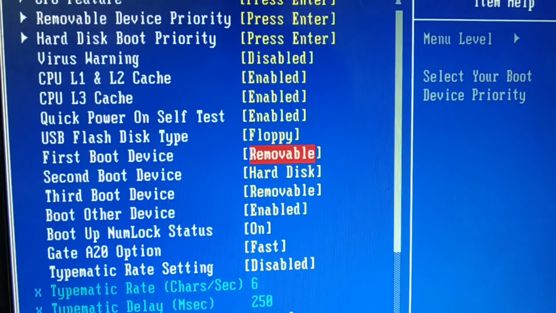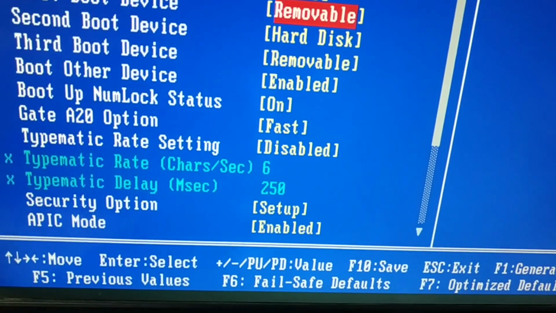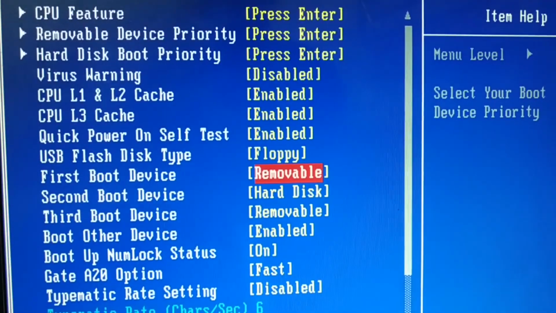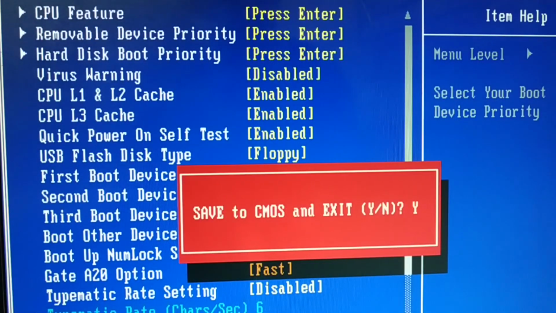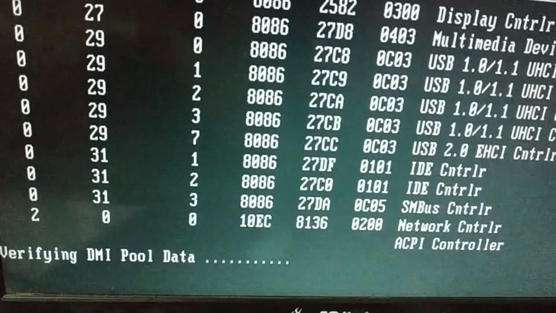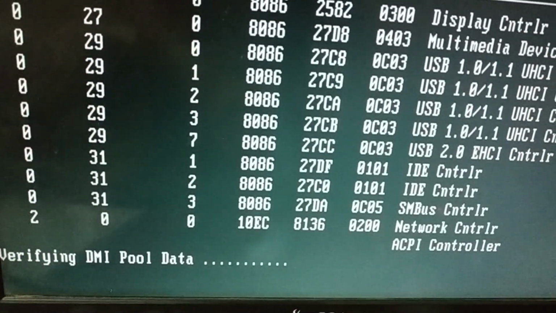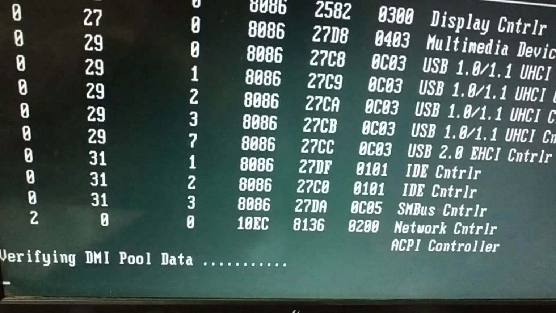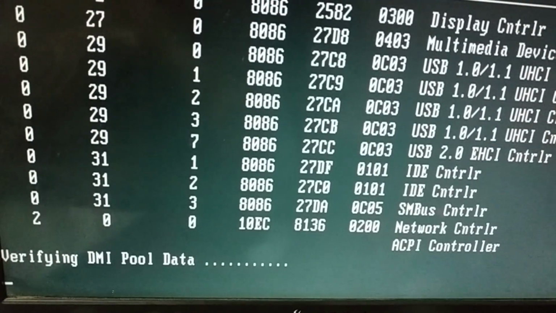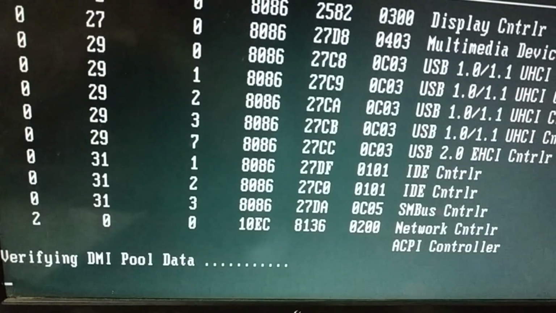You can see at the bottom here is F10 to save. So now press the F10 key, press Y for yes, and then press the enter key. You get something like this. If it is a desktop or a laptop, even if you are getting this, wait for a while. If it does not boot from the pen drive,